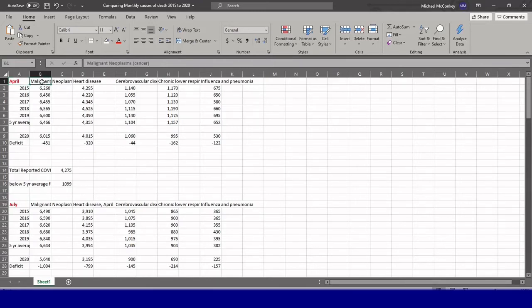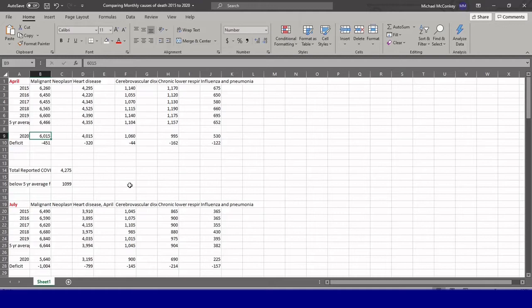So for each of these illnesses, I've already looked at them. For cancer, I went through, and for 2015 through to 19, I recorded the numbers of deaths each of those a month. And then in this last one here, I did the 5-year average. It's a simple thing to do. You just put this down here, and there's average. You choose that, and there you go. And this creates your average for you, right? So then I have the average for each of those months. And then I looked at what the death toll was for that particular disease in 2020. And I found out whether there was a deficit or a surplus.